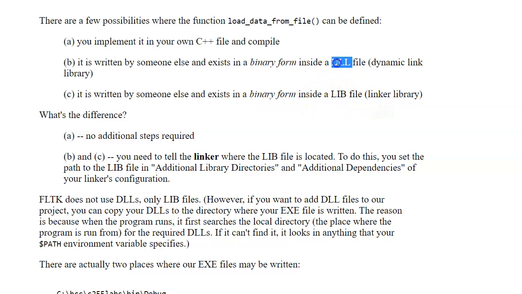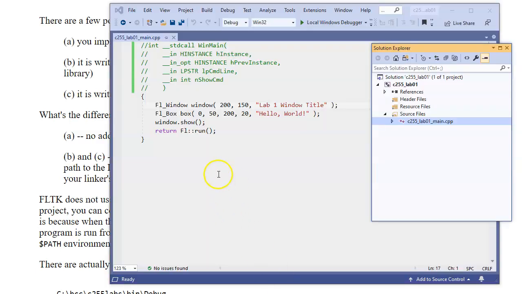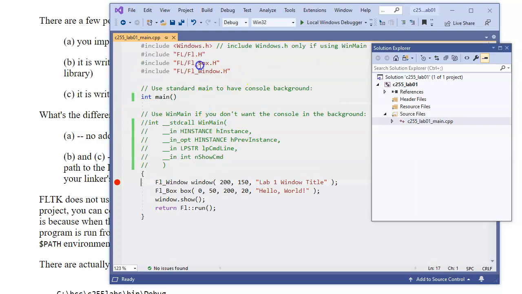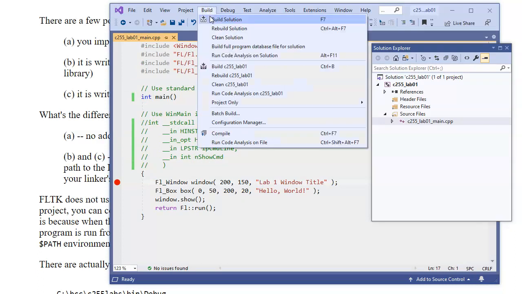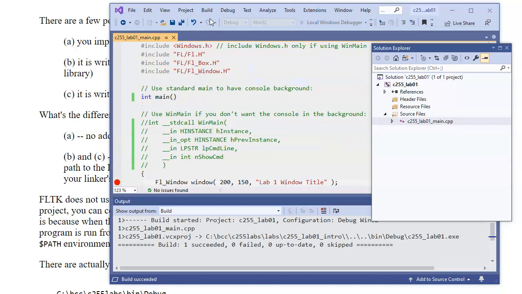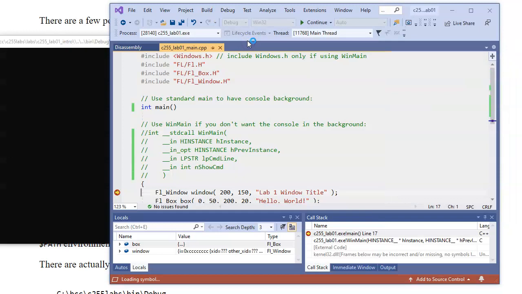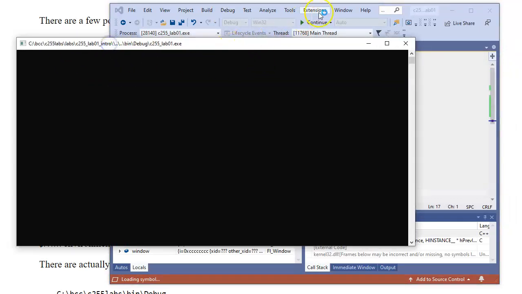If you'd like to see a list of DLLs that are loaded together with your executable module, what you can do is set a breakpoint somewhere in this code. I'll just set the breakpoint right at the beginning of our main function right here, and I'll build this project now. I'll start running it in debug mode. As soon as the application starts,